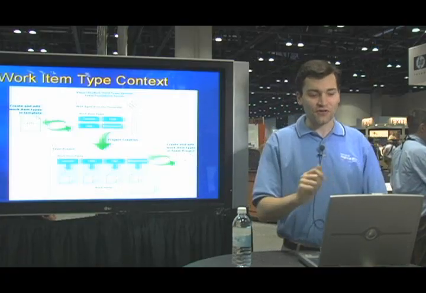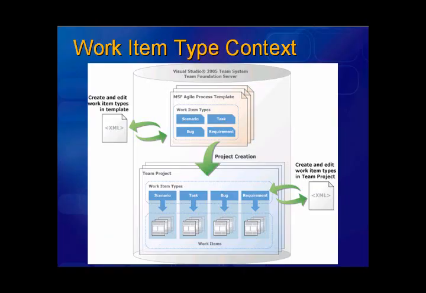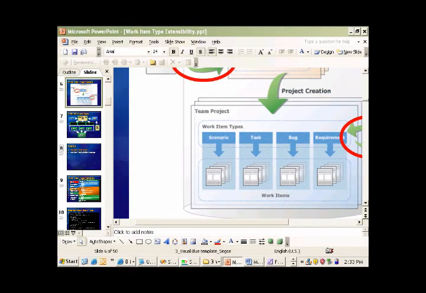So let's get going. Here we're looking at a slide, and this slide is just your work item type context. What this is showing is that we have basically the solution here, and then we have the types of items that we can add into it. So if we look at this, we can basically pull into this particular solution. Now the solutions are actually located,